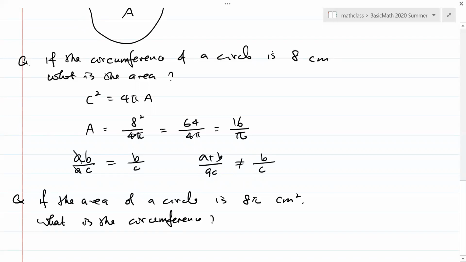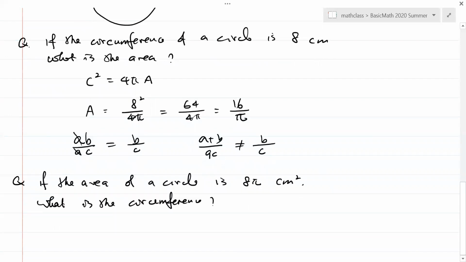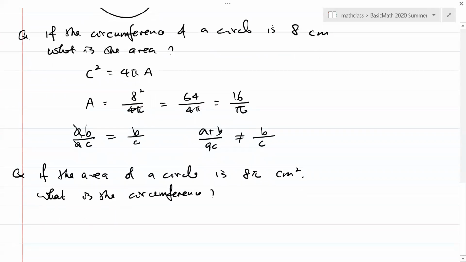Now you can use the above formula to solve it. It's up to you. If you know C squared equals 4 pi A, then this is a very simple formula, right? And using this formula will be much quicker. You don't need to go through the radius. So you are given the area is 8 pi, then you get